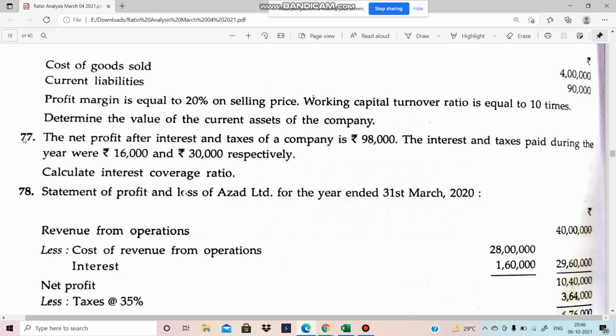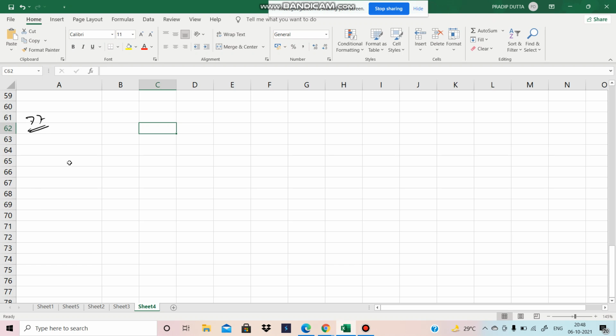Check the question number 77. The net profit after interest and taxes of a company is 98,000. The interest and taxes paid during the year are 16,000 and 30,000. What is the interest coverage ratio? So what is the formula of interest coverage ratio? The formula is